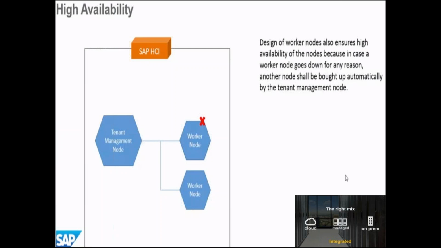Okay, so let's say at any point of time one of your worker nodes has stopped working. Due to some malfunction, something happens in the background, and one worker node suddenly stops. What SAP will do is attach a new worker node to your tenant management node, and this will not stop your messages from processing. That is not the case in our PI, where if you have only a single server which is used to process the message, and it goes down, then your system goes down.